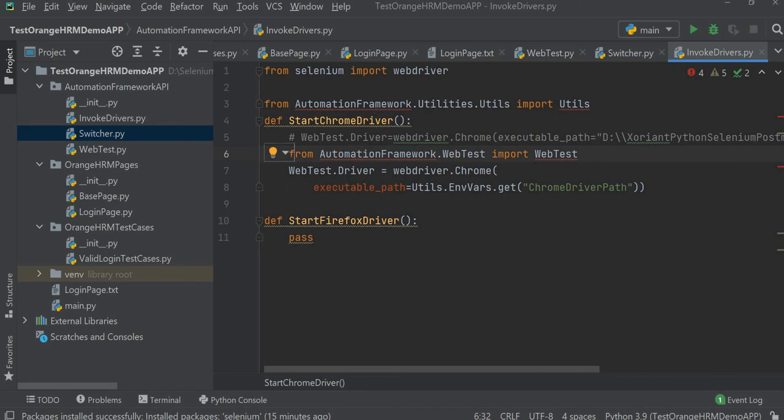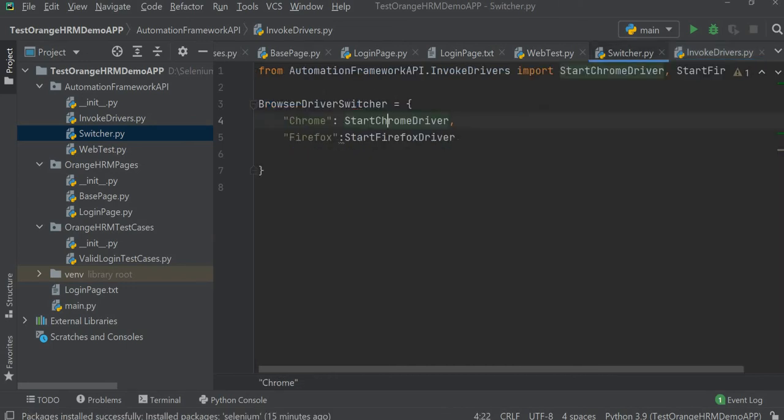So here there is a logic to start the driver. So this start Firefox driver will have the logic to start the Gecko driver, and then there would be a few other functions to start the required drivers, and their names would be stored in this switcher against the respective keys.